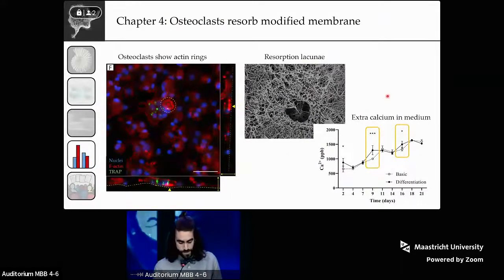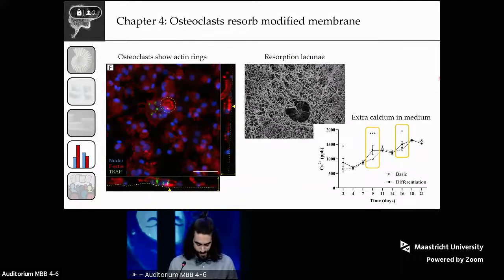Another piece of evidence came from the quantity of calcium in the medium. If osteoclasts are resorbing calcium phosphate, they have all this extra calcium within them, and they secrete it via vesicles to the medium, which you can then measure. So if you see at day 9 and day 16, we saw a difference from our control, which indicated extra calcium. So the overall conclusion was that osteoclasts are able to resorb this modified collagen